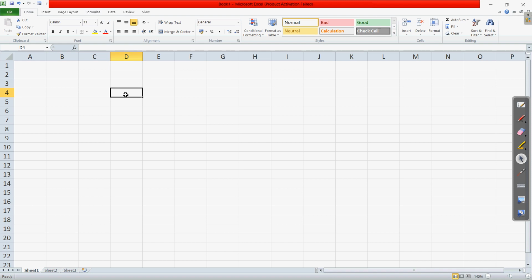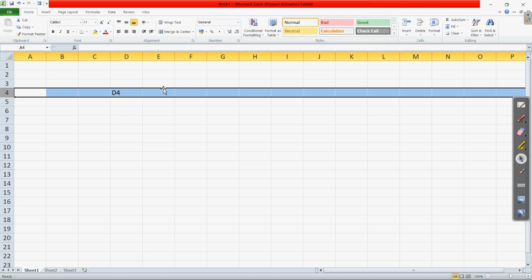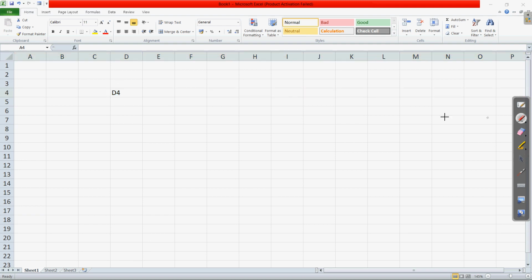So the cell reference of this cell will be D4. We can write it here also. This is the address of the cell. First we write the column, then the row number. So the intersection of D and the fourth row, let us mark this.